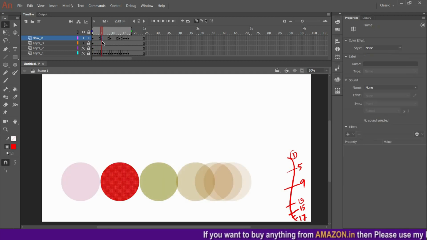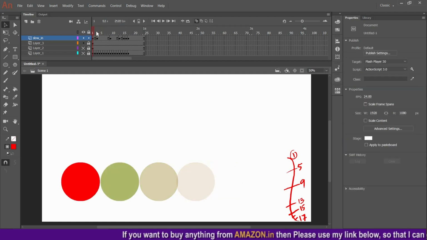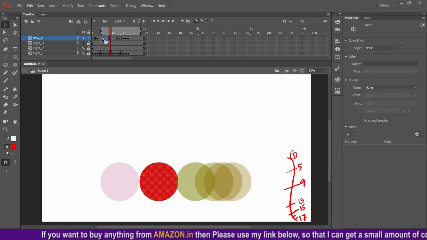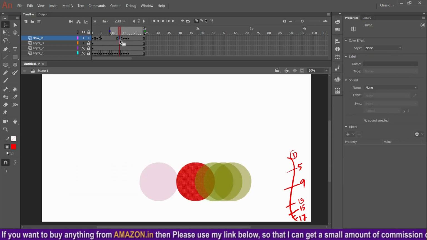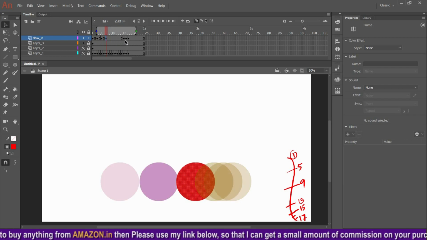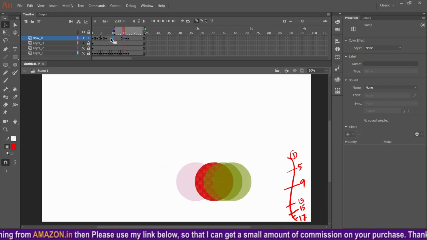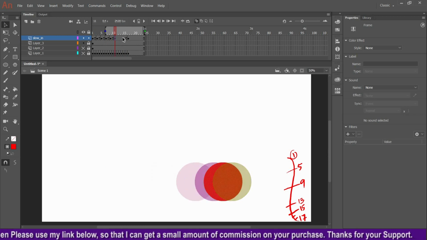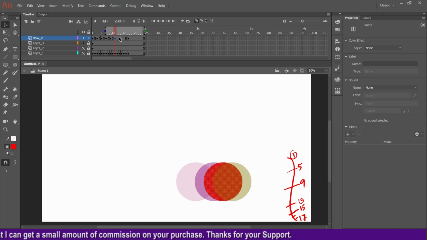If I place this to here, then it will go in a speed, more speed. And if I place it over here, this one also here, and this one over here, and this one over here, so I'll get more frames in between this frame and this frame, and I can slow down the speed more.